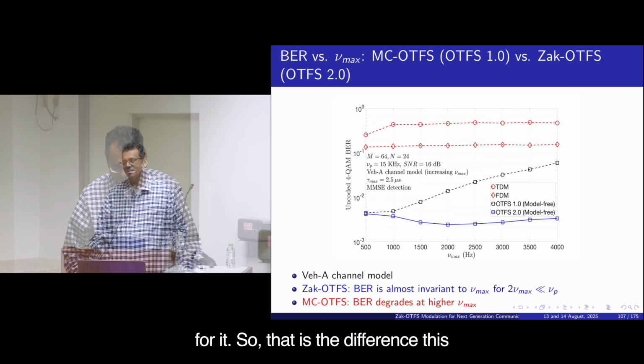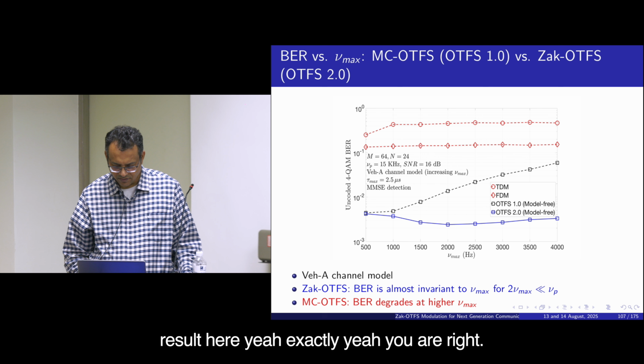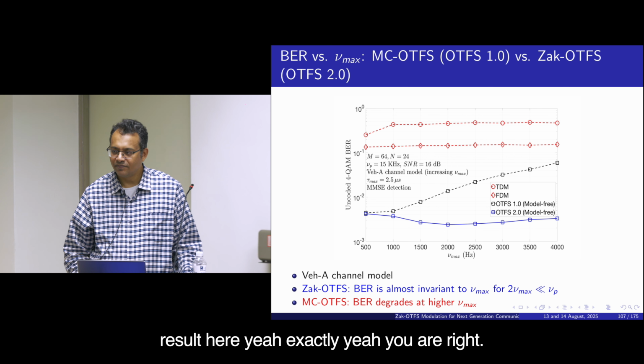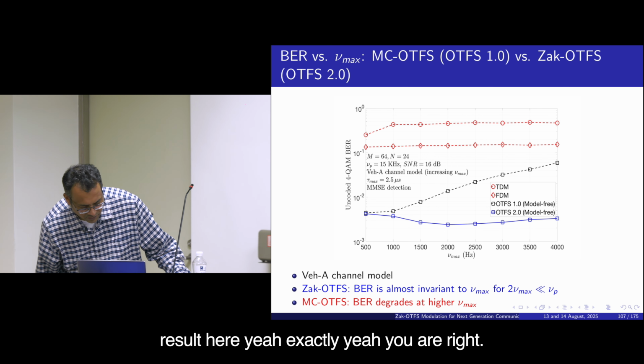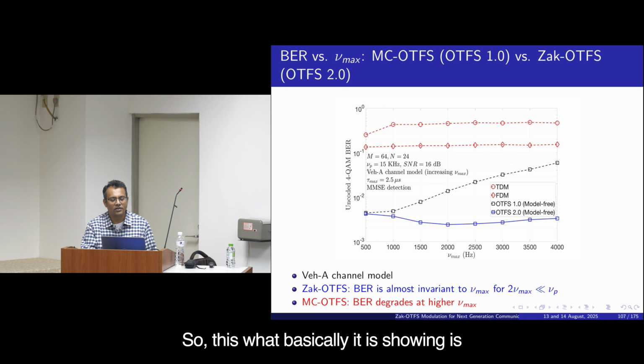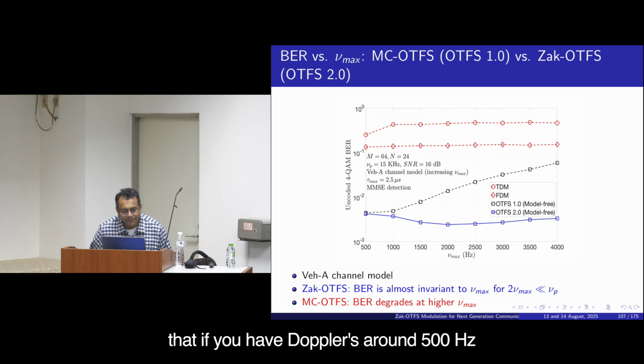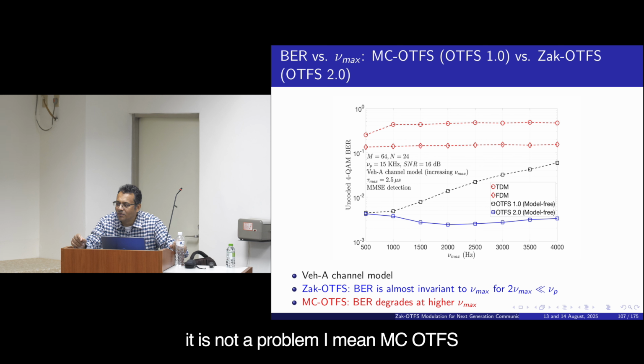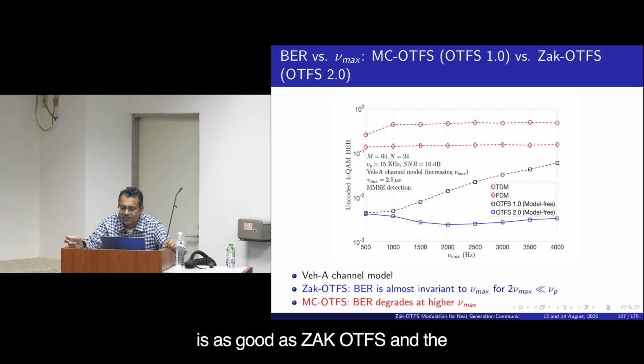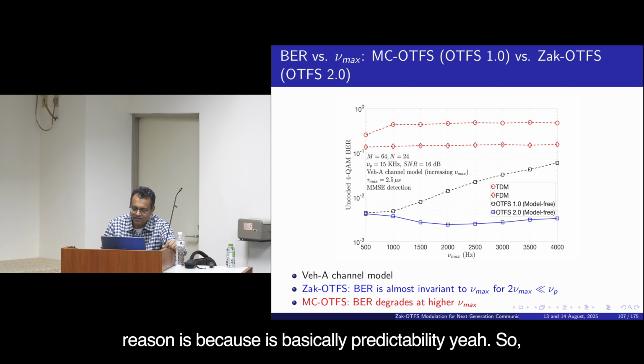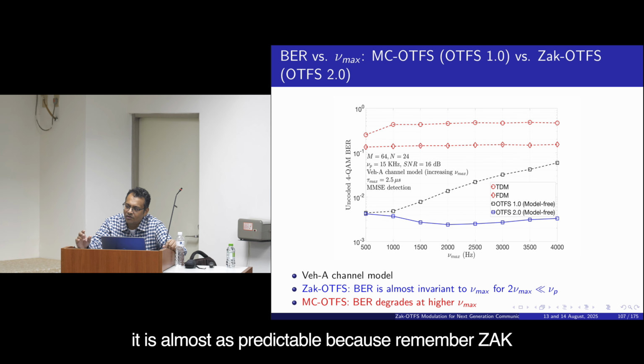So that's the difference. This result here. Yeah, exactly, you're right. What this is basically showing is that if you have Dopplers around 500 Hertz, it's not a problem. MCO-TFS is as good as ZAAC OTFS, and the reason is basically predictability. It's almost as predictable, because remember